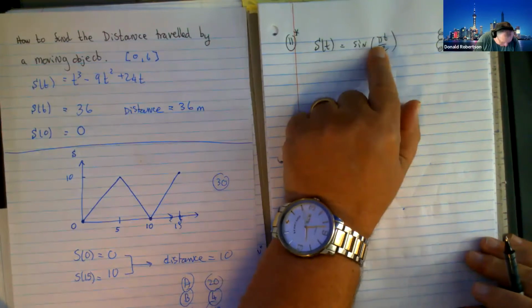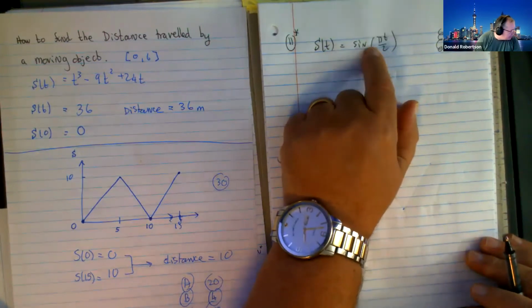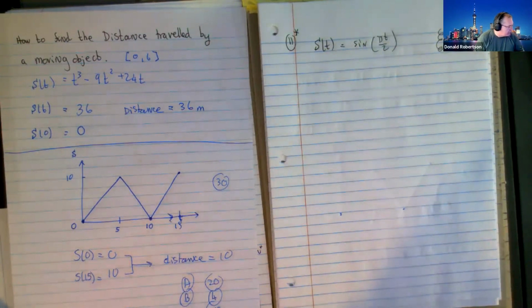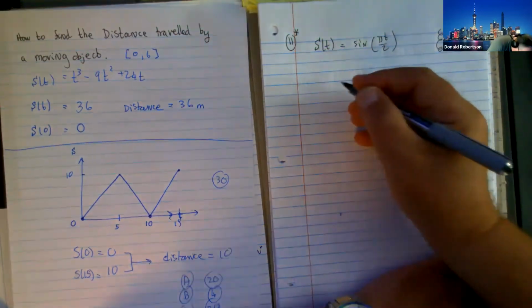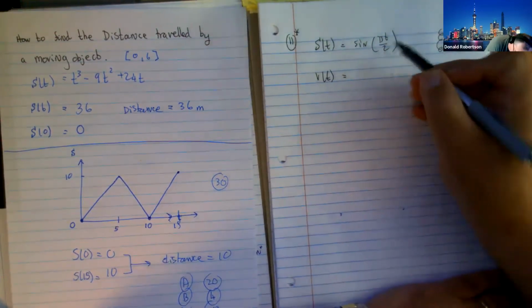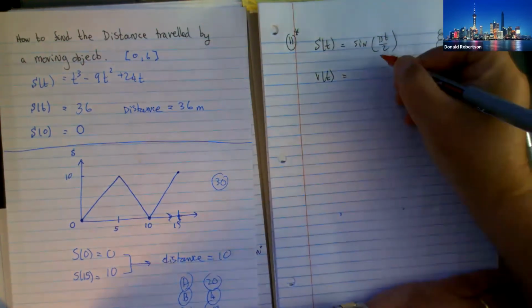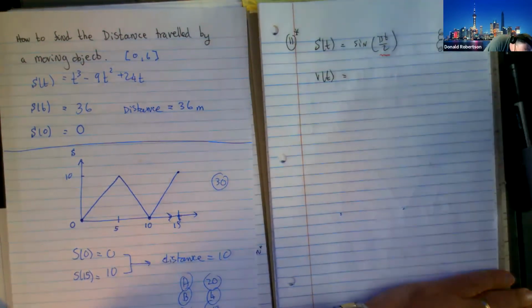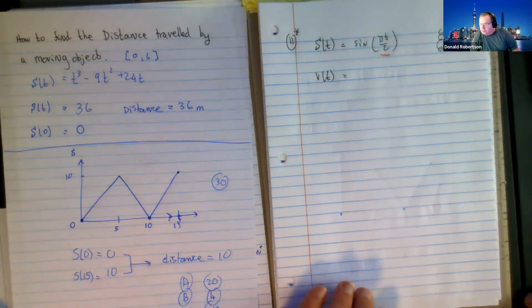So in a question like this, you're going to be asked to find the velocity at a given number. So let's go through those ones. If you're going to differentiate this function, I hope you recognize that it's a general